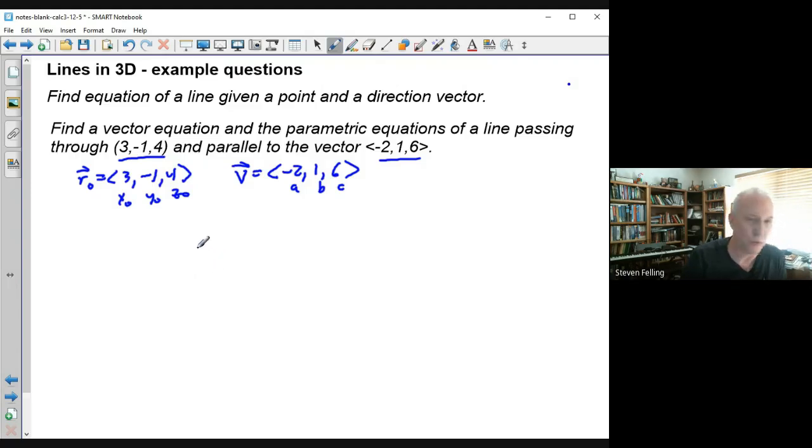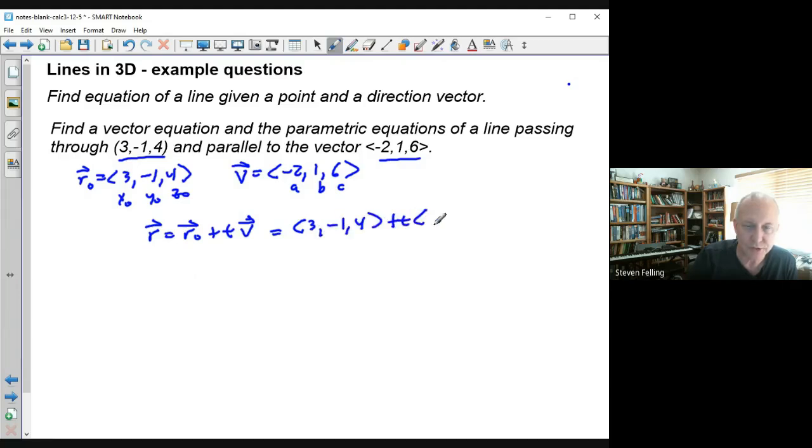And then the way I'm going to do this, I like to do it this way by writing out the vector equation of the line. So the vector equation is r0 plus the parameter times v, okay? And that means that it's equal to (3, -1, 4) plus the parameter times (-2, 1, 6), which means that